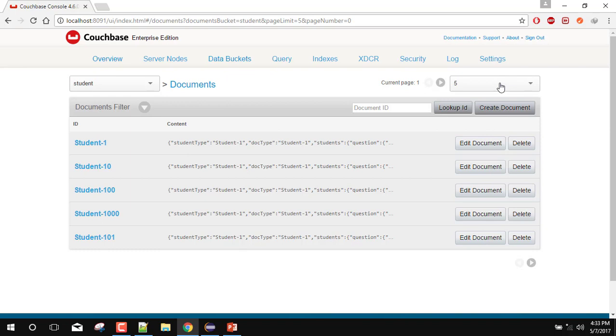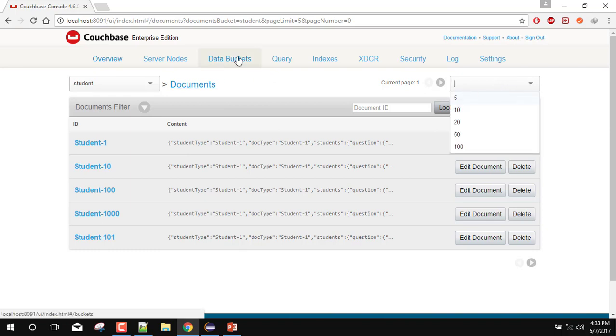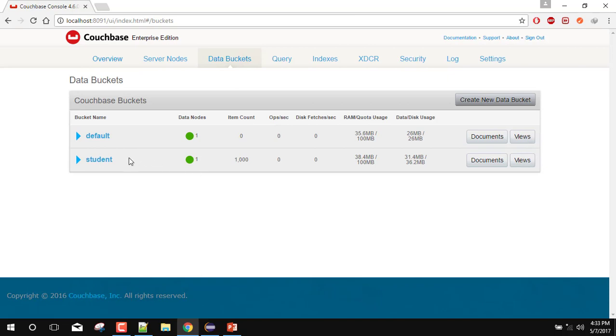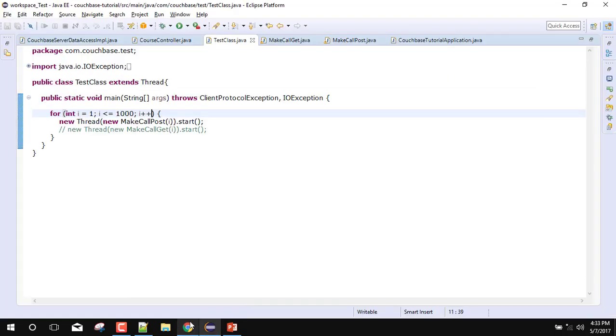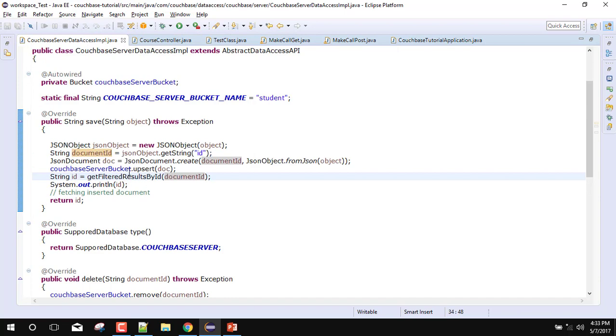Currently it is showing 5. We can show more records if we want. Now we will fetch these records. So first, this is the main part of this query optimization. First we will fetch with the help of N1QL queries. So in the get method,